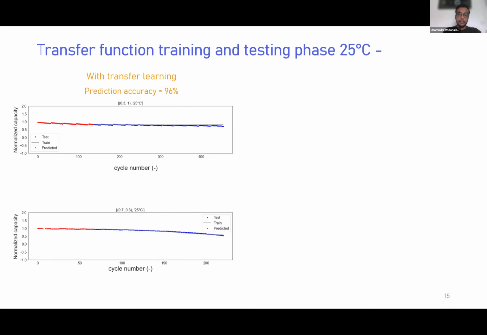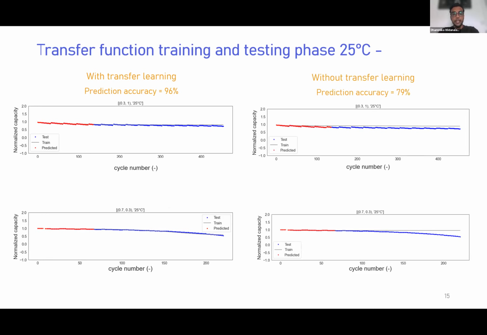And the way we verified this is to say, well, what if we didn't do any transfer learning and we just stuck to the 30% of the data to train our model? What you're seeing here is that, with about 80% accuracy compared to 96, you're unable to get any sort of nonlinear effects through this method without any transfer learning. And that, I would say, is not surprising, because what you provide the model in training doesn't have any form of nonlinear behavior. So why would the model have that description, right?